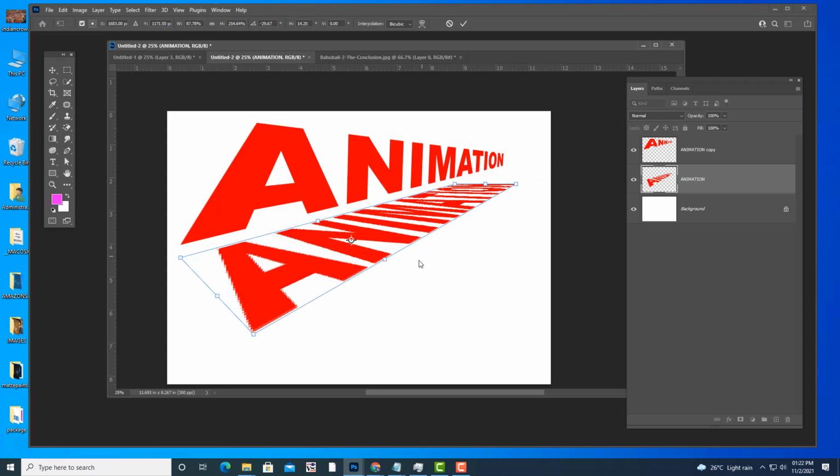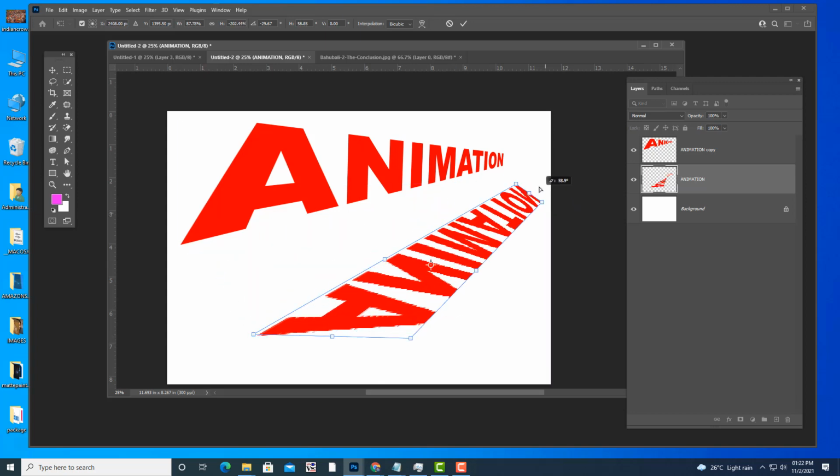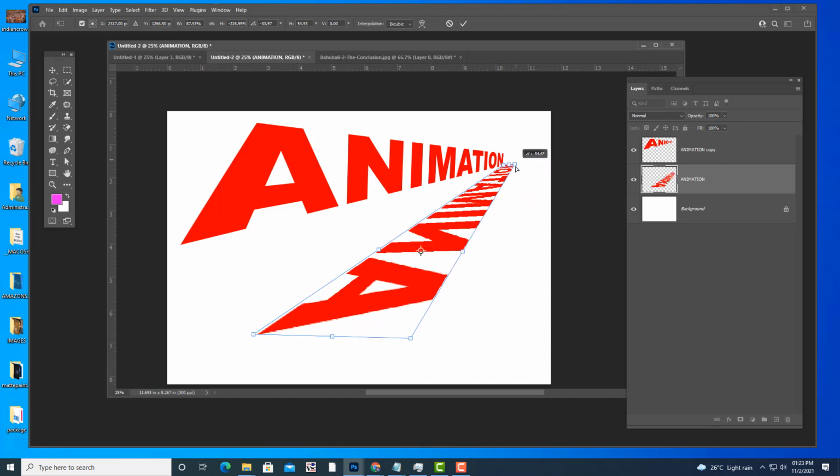See, if you wanted to reverse it, what you can do is simply click on this. See, now I am reversing it, like this. Okay, like a reflection. You can use it as a reflection or like a shadow. It's your wish.